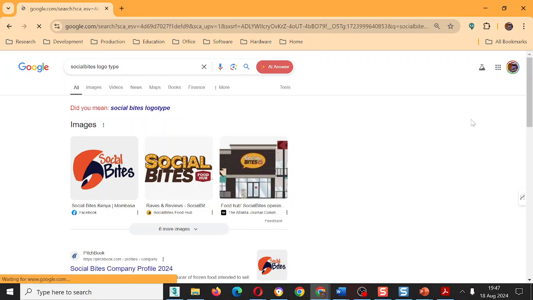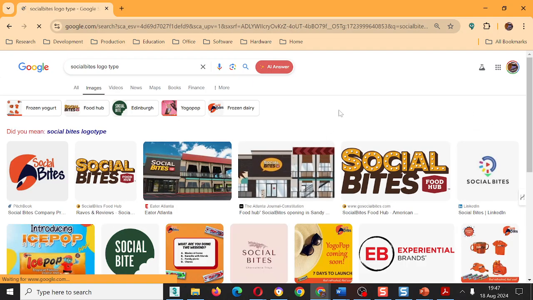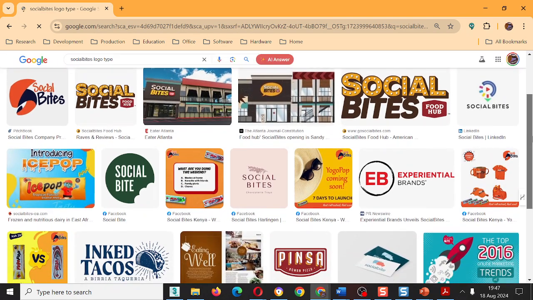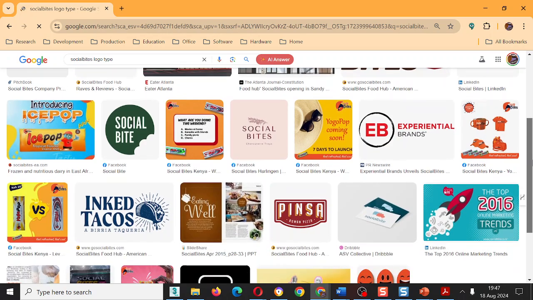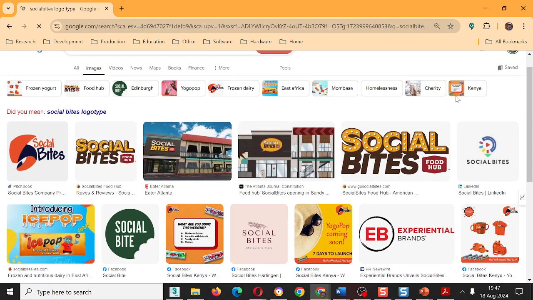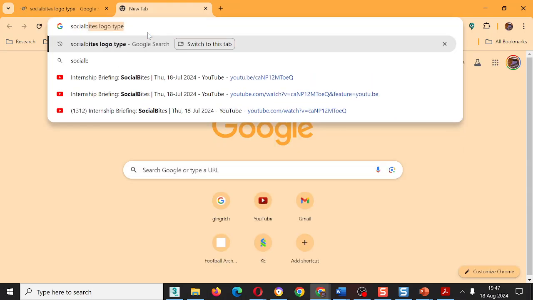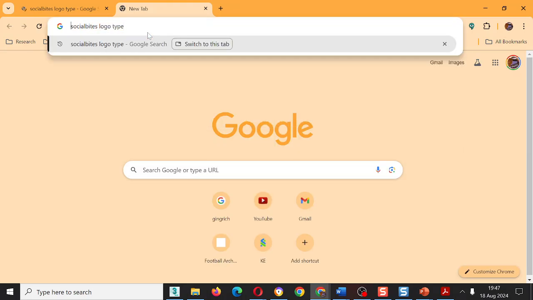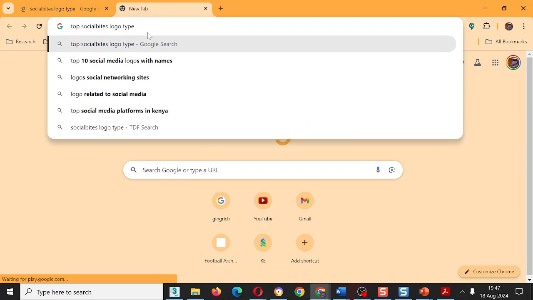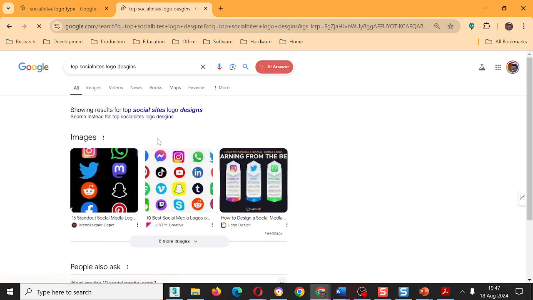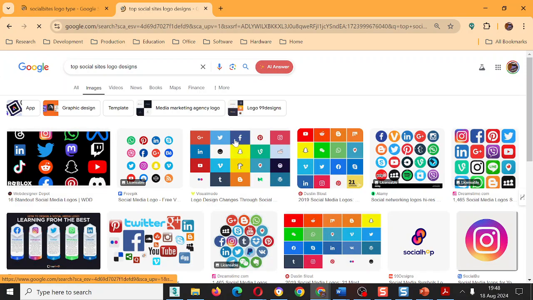Our target audience includes the millennials and the Gen Zs who are tech-savvy, active online, and are in the working population. On my next slide, we have a mental model. Our mental model basically helps users visualize how they think, their needs, and how they will interact with a system or a platform. The mental model for Social Bites includes how the restaurant managers, the workers, and customers interact with and expect the application to function.